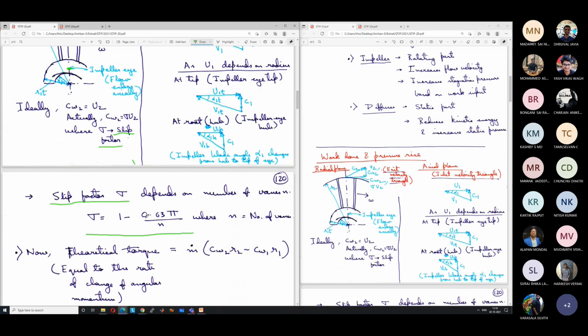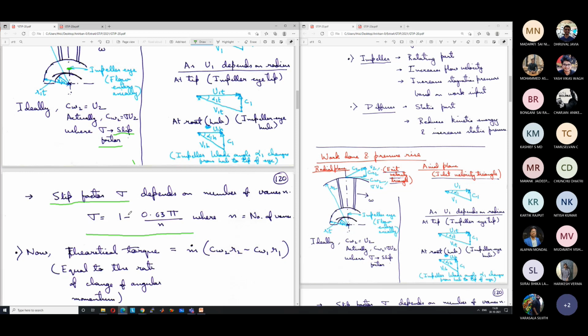At the limit that the number of vanes is infinite, this factor will become 0. So sigma will be 1. Obviously, we cannot have infinite vanes, but theoretically, at the limit, this is the case. So this gives us the slip factor, empirically. So in general, we have generally 19 to 21 vanes for typical